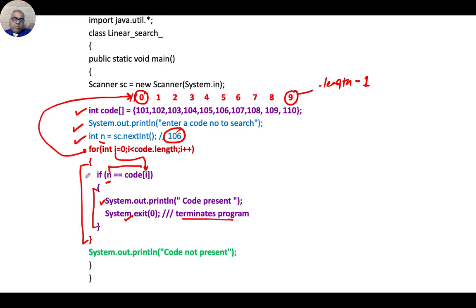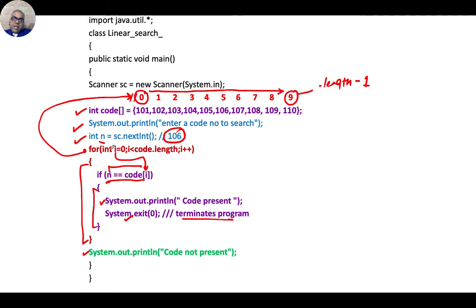But if the loop is over and none of the conditions were found true, it means the input value may not be present. So the computer will leave the loop to say that the data does not exist or cannot be found. Now this is what linear search is. It means my reading direction was from the 0 number cell value to the last cell value till the length.